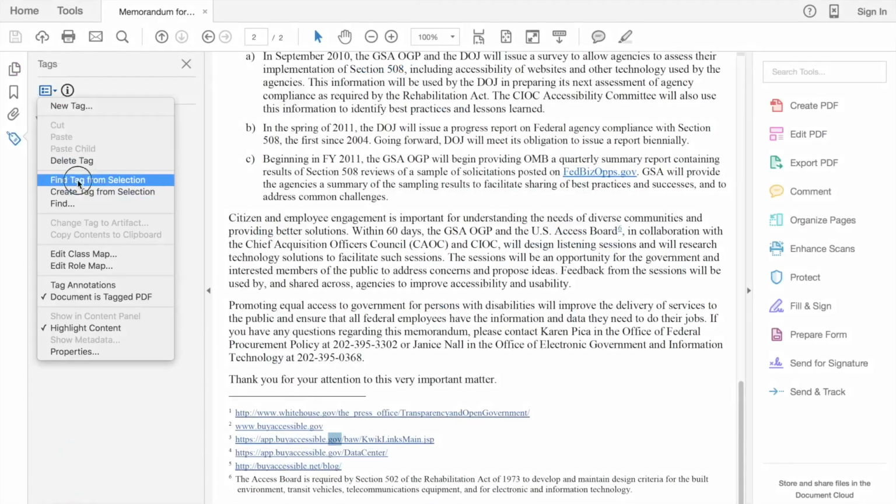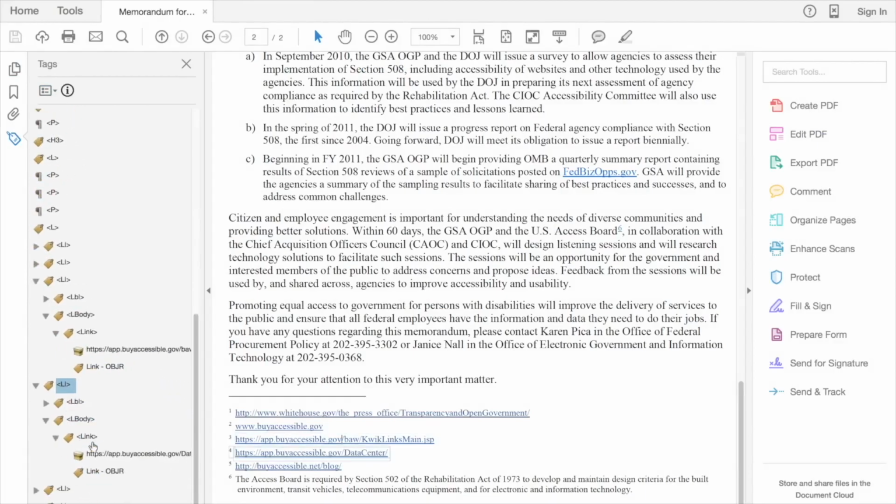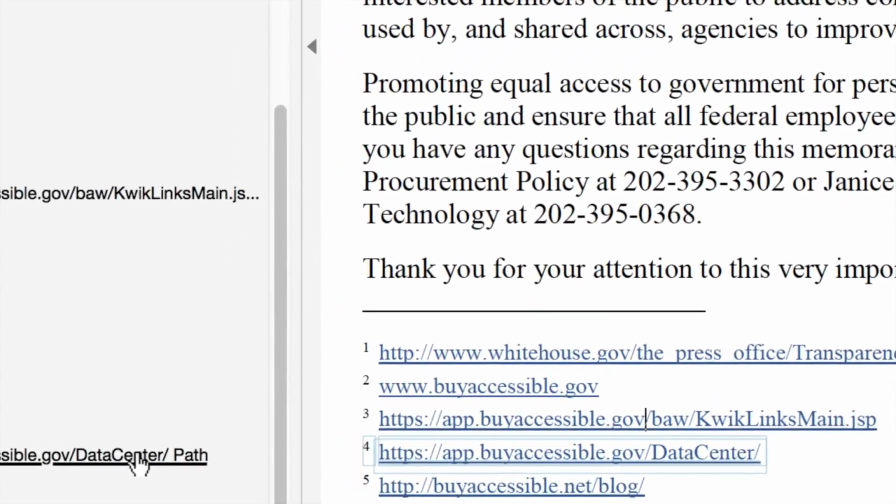Let's take a closer look at those links in the tag tree we just changed when we edited the hyperlinks. Inside the tag tree, it looks like it's adding the word path to the end of the content depicting the URL. When you see the word path in your PDF, it means that there's a graphic element on the page that is providing actual content that is not being handled correctly. Microsoft products are notorious for including these things in PDFs, so it's something to watch out for. The path in this case is actually the underline of the URL itself.